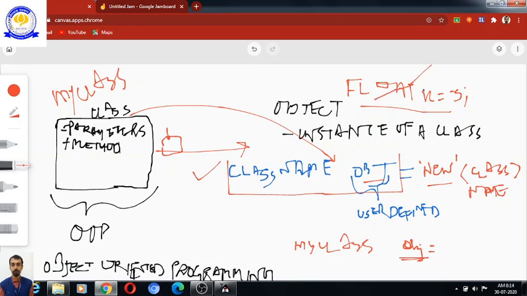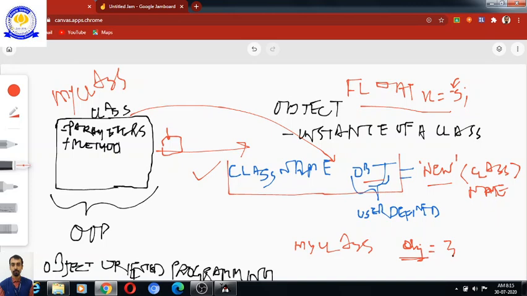In this case x belongs to float, but it is storing a value 3, even though it is able to store decimal values up to say 7-8 decimal places. So this object can hold, now not an integer, you cannot write my class object equal to 3, that will be wrong.